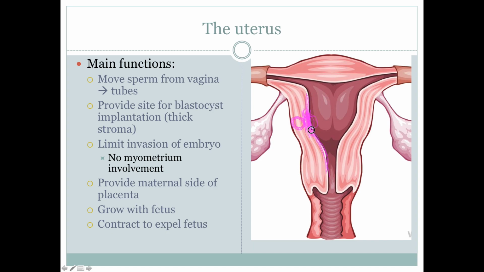And the reason why after delivery people bleed a lot is because that placenta, which was now like a part of the uterus, is removed. So that comes off, and that's the second delivery that everyone likes to forget about. So you've got this giant piece of the uterus open and bleeding. That's after vaginal birth or C-section. All women bleed heavily after birth, because the placenta peels off and now it's an open wound. That's a really great way to get an infection if intercourse happens too soon after that.